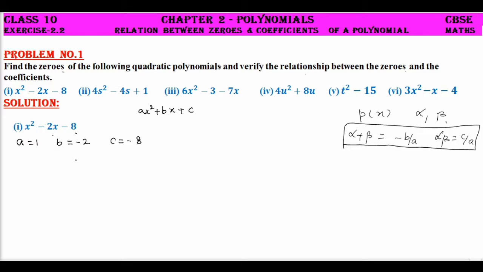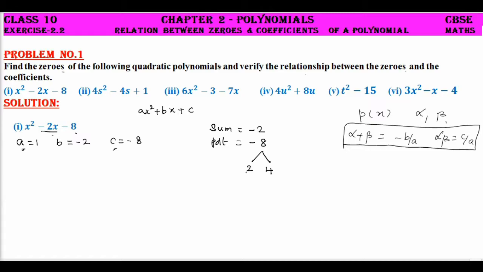The first step in the splitting method is to find two numbers L and M whose sum equals b, that is minus 2, the middle term, and whose product equals A into C. A into C is 1 into minus 8, so it is minus 8. So now we are going to find two numbers whose sum is minus 2 and product is minus 8. Now first we'll factorize 8. Factorizing 8, we see that 2 fours are 8, but you need a minus sign,